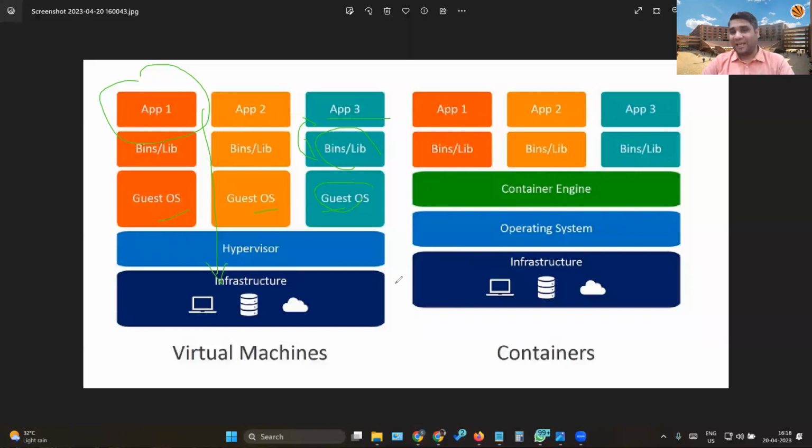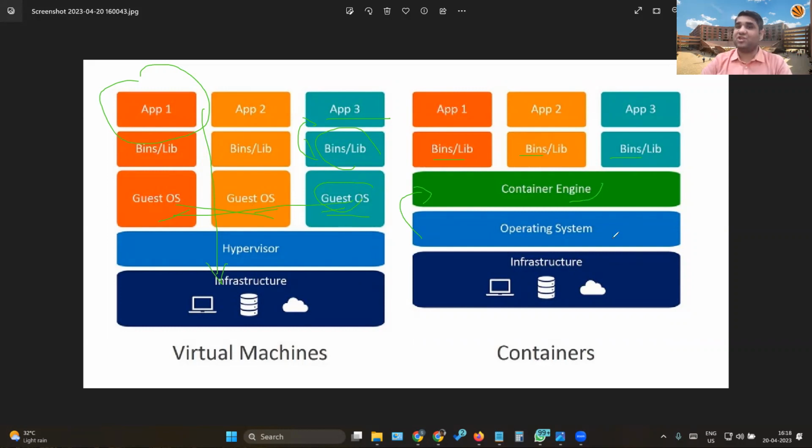Whereas in the case of a container, over the operating system you install a container engine, and you do not need to install a separate guest OS every time. You straight away have the libraries separated for each of these applications, and you can run all of them easily. So you get away from the hassle of installing the OS again and again. The container engine takes care of that management.